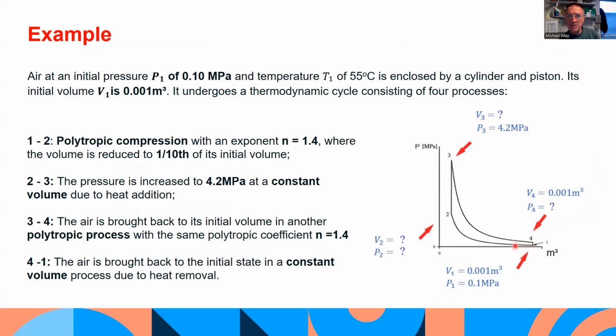So first of all, it's got a polytropic compression with an exponent of 1.4, where the volume is reduced to 1/10 of its initial volume. The pressure then is increased to 2.4 megapascals at constant volume due to heat addition. And then the air is brought back to its initial volume in another polytropic process with the same polytropic coefficient of N equals 1.4. The air is then brought back to its initial state at constant volume process due to